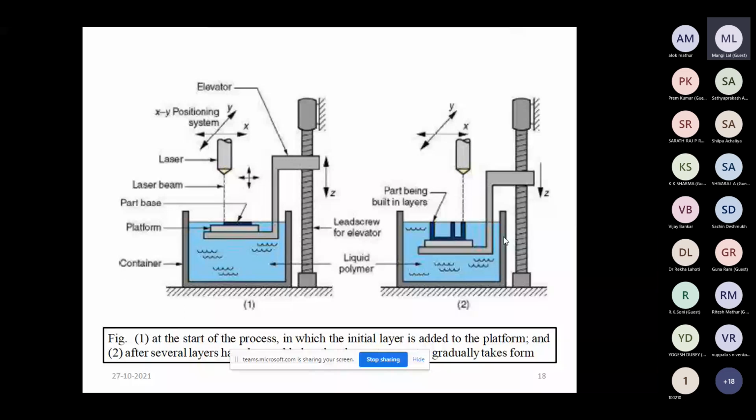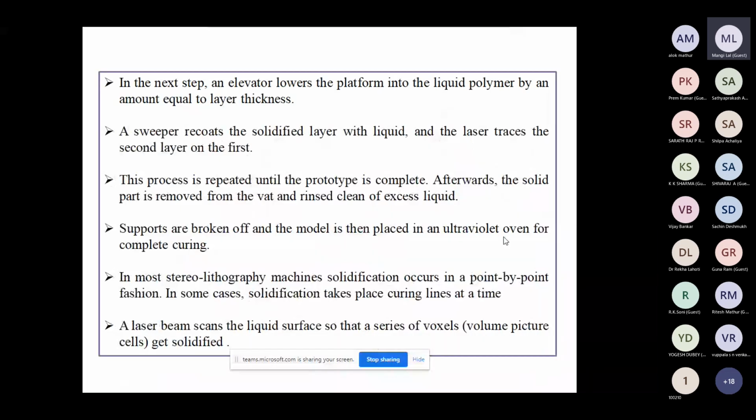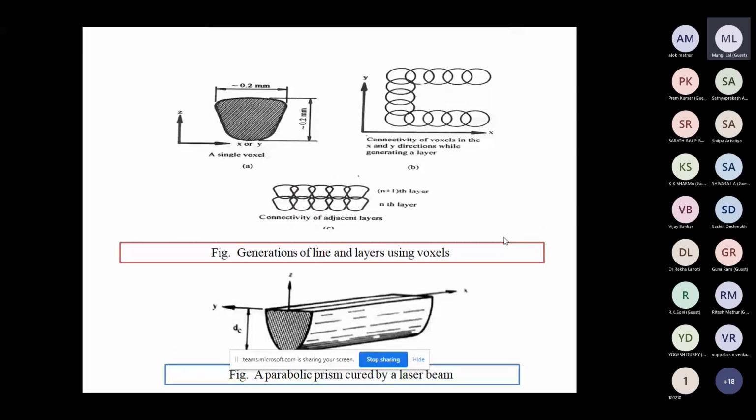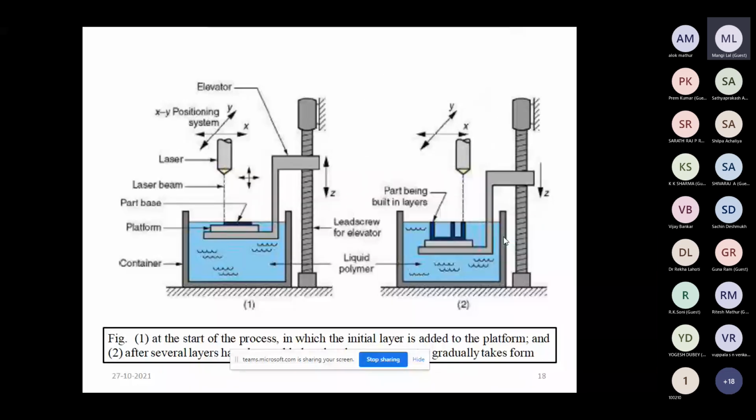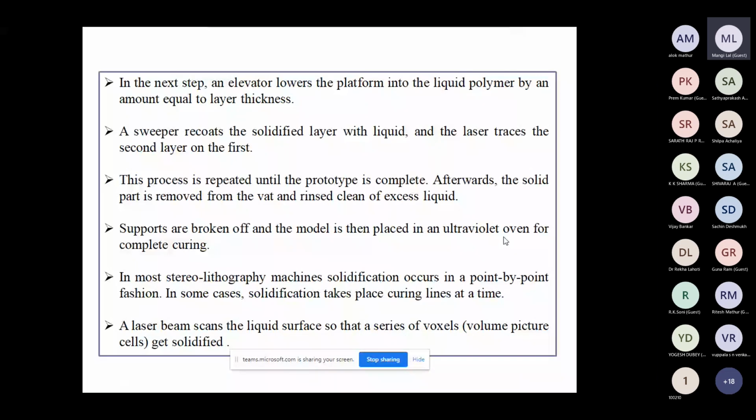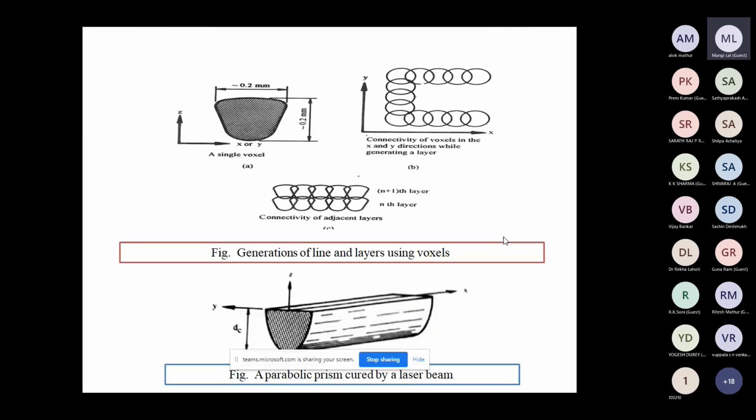Basically, the generation of these layers takes place in the form of voxels, which are volume picture cells. A single voxel is generated by a raster scan pattern of the laser beam, and when these voxels are connected in the X and Y direction, the whole part is made.